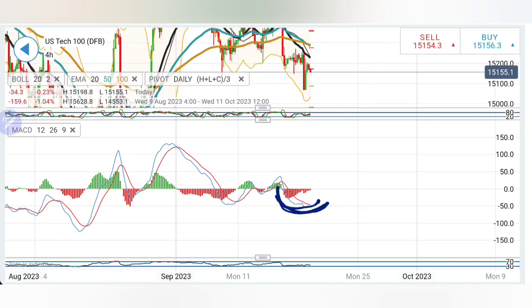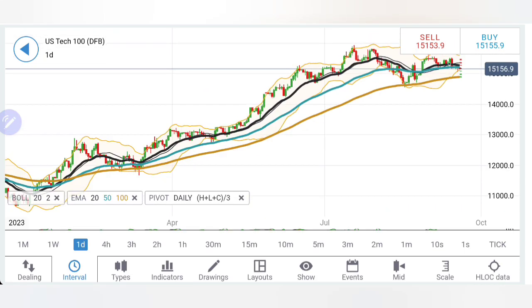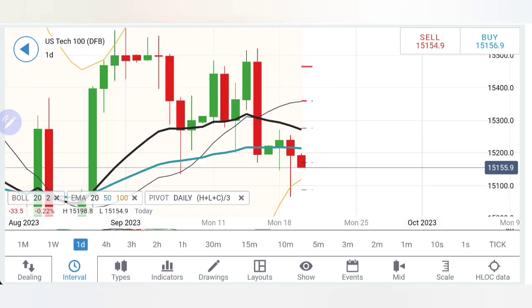It suggests that the bearishness is diminishing, and if it crosses over, the bullish momentum might prevail. RSI comfortable. Coming to the daily charts. Now on the daily charts, one must see the sharp slump here, then a couple of retracement candles, again a sharp slump, but at the same time one must note that the price is not willing to stay bearish